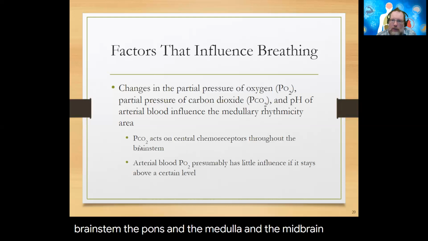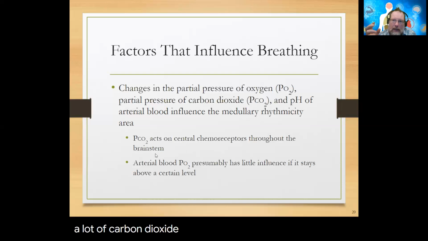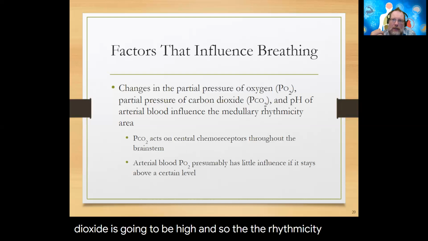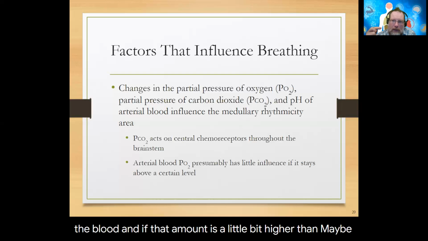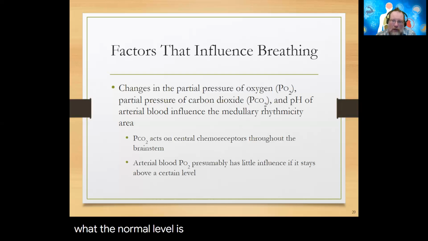So if there's a lot of carbon dioxide, then partial pressure of carbon dioxide is going to be high. And so the chemoreceptors are going to pick up the amount of carbon dioxide that's in the blood. And if that amount is a little bit higher than the normal level, then it's going to trigger